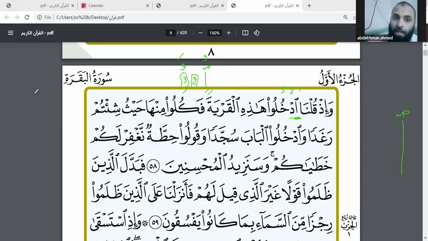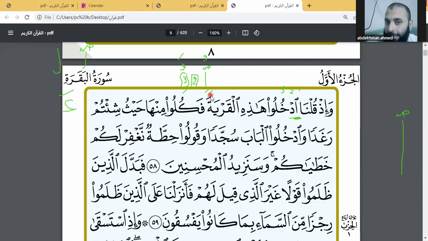So again, if the third letter has dhamma, start with Hamzat al-Wasl with dhamma. If the third letter has kasra, add kasra to Hamzat al-Wasl. If the third letter has fatha, also add kasra. Fatha is only when the Hamzat al-Wasl is followed by lam. We read it Hamza fatha, we read it a. So only pronounce it fatha when the next letter is lam. If the next letter is not lam, never read fatha. Never read it a.